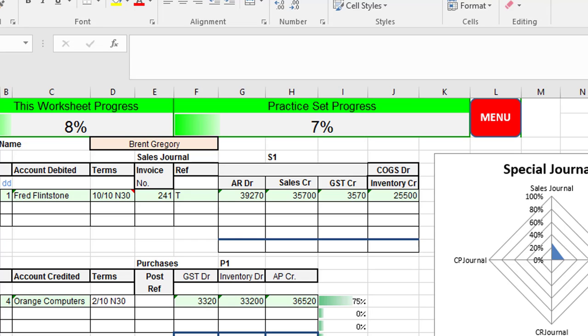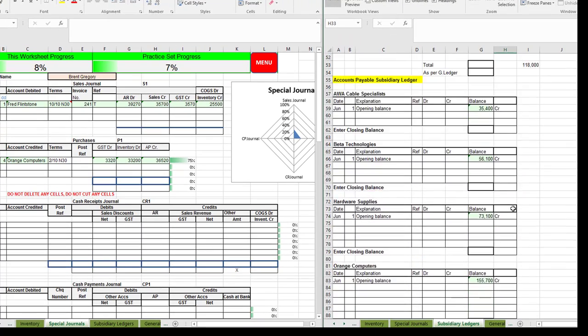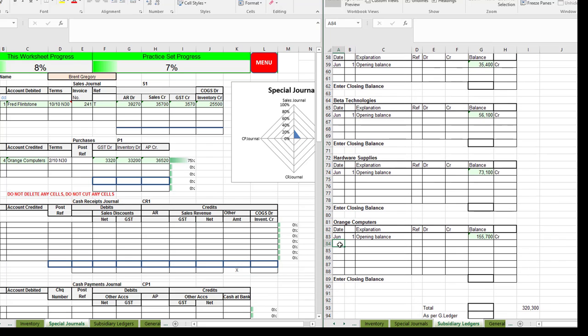So we can now post this to the subsidiary ledger. So I'll go to the subsidiary ledger, down to accounts payable, Orange Computers, June 4. We could put the links in, but I think it'd be much quicker just to type in June 4, and these are not figures we'll come back to later. It is purchase of 20 computers,